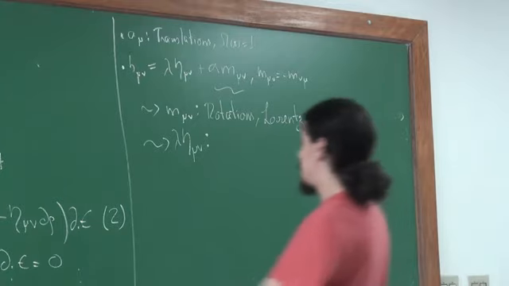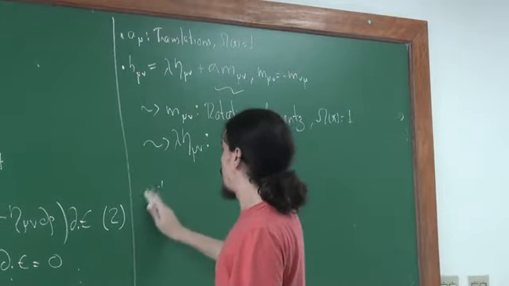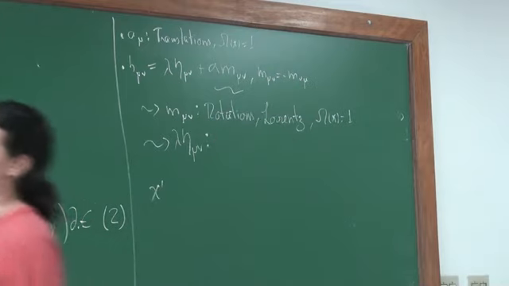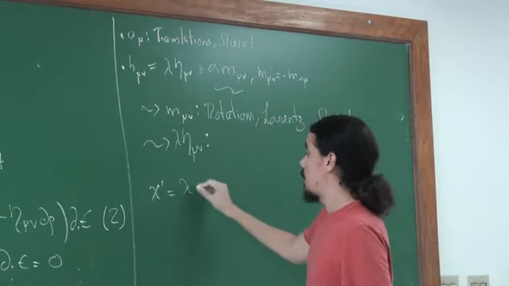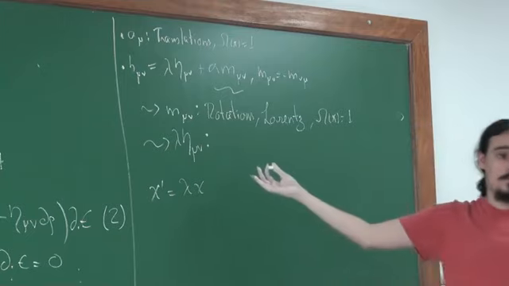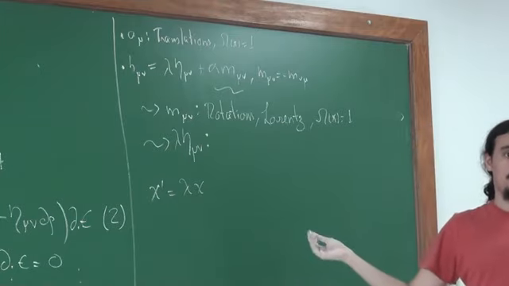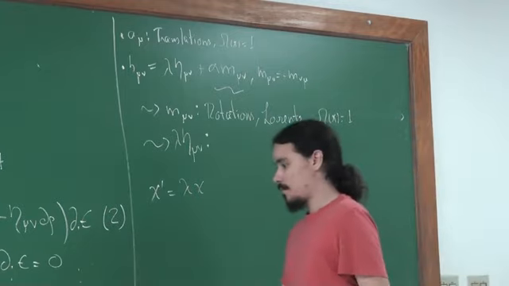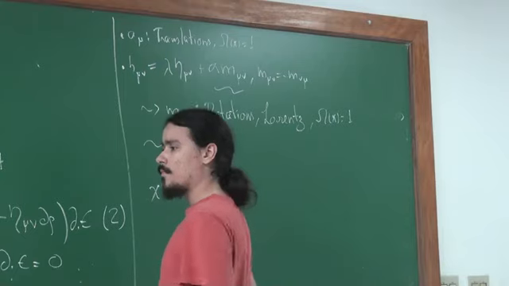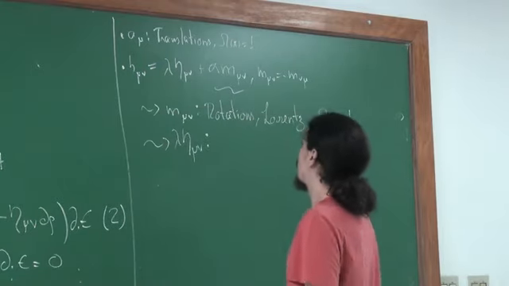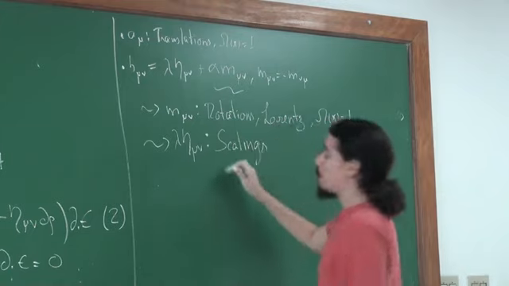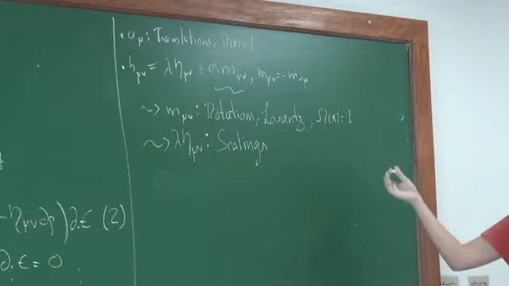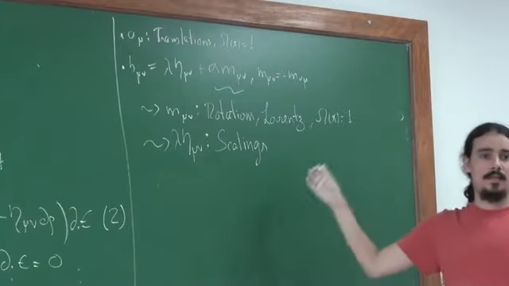The way to see this, if you just take this component and plug it back into this formula, you have that your x prime is going to be lambda x, with lambda a constant. Right? So this is just a scaling transformation. Okay. So this describes scalings. Some people call these dilatations, for example, but I prefer the name scaling because dilatation gives you the idea